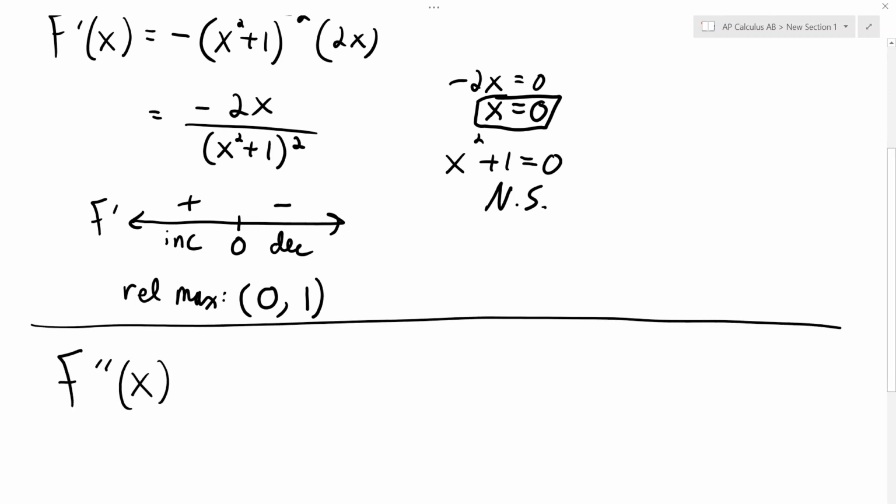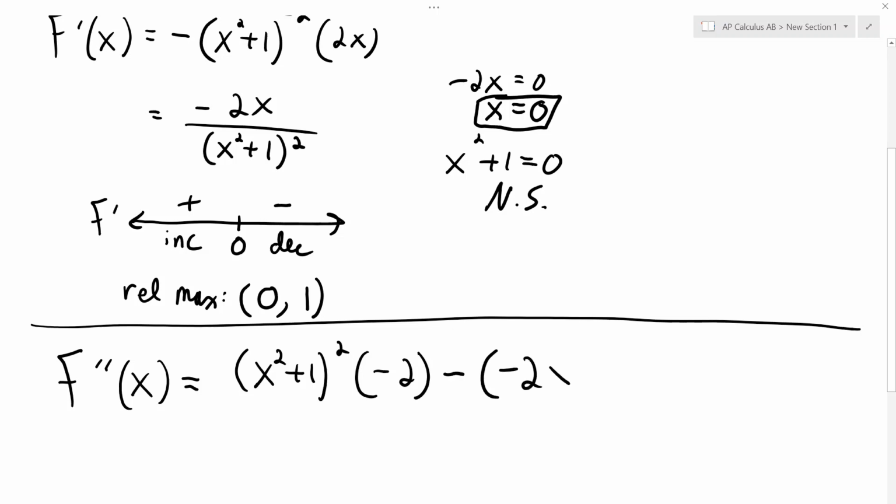So let's draw a big line here. And something I told you in class here, I know it was probably quick. Anytime you derive a fraction and the denominator is squared, like the whole thing is squared, like in this case, x squared plus 1 squared, when you do the quotient rule, one of those things is going to cancel out. Don't multiply everything out first. Cancel one of the x squared plus 1s out. So when we do the quotient rule, it looks like this. It's a low d high